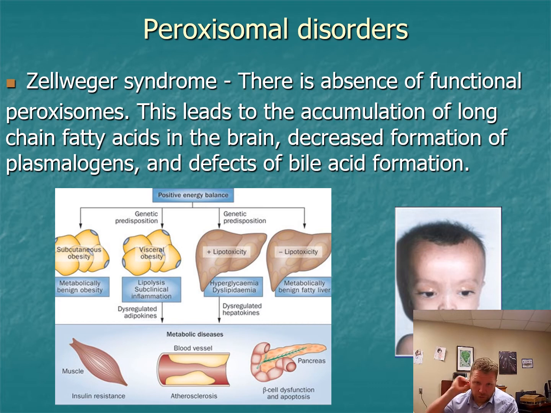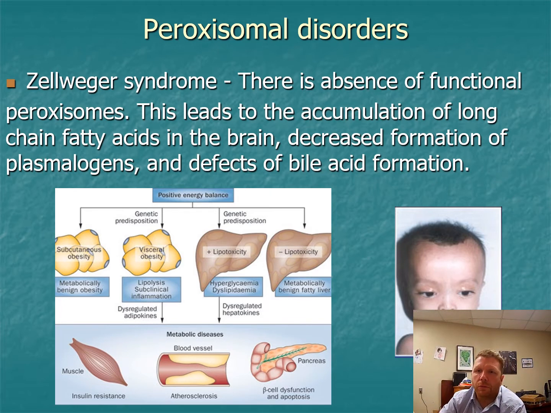Now, there are a number of different peroxisomal disorders. Zellweger syndrome is an example of an absence of function of the peroxisome, which leads to the accumulation of long-chain fatty acids within the brain. So think about that as one of the things that peroxisomes do. They break down long-chain fatty acids. And so what this also leads to is the decreased formation of plasmalogens and defects of bile acid formation. So those are 2 parts of ultimately fatty acid breakdown and proper processing of fats. So that's one of the